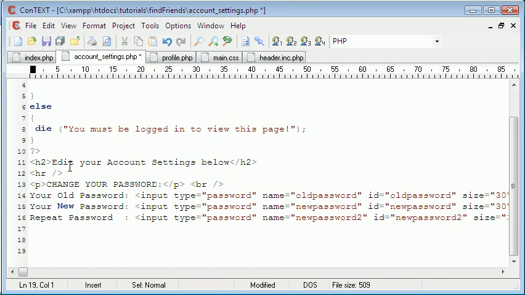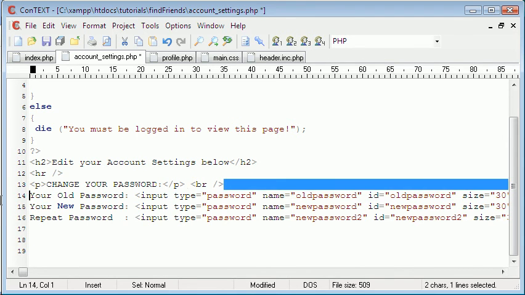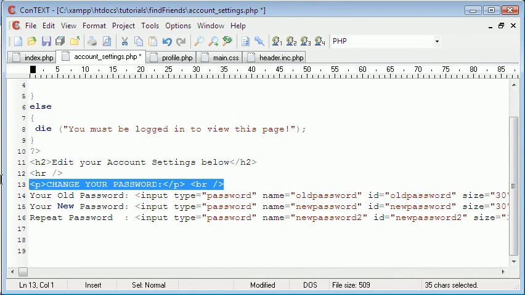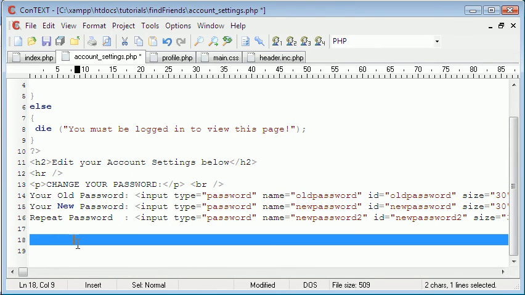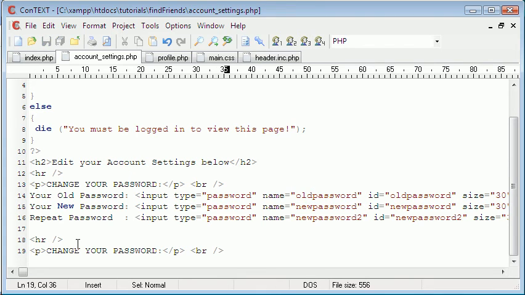And I'm gonna make another one. This video is just gonna be mostly adding the fields for the account settings page. The next video or next couple of videos will be actually making it work. So we can say update